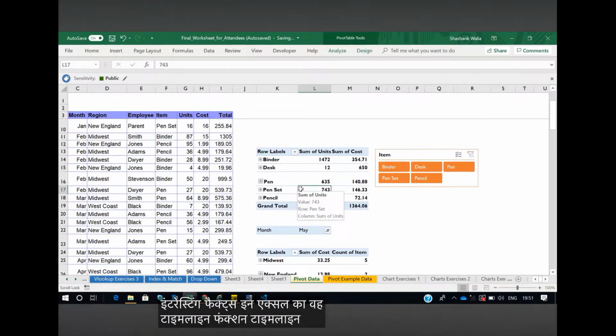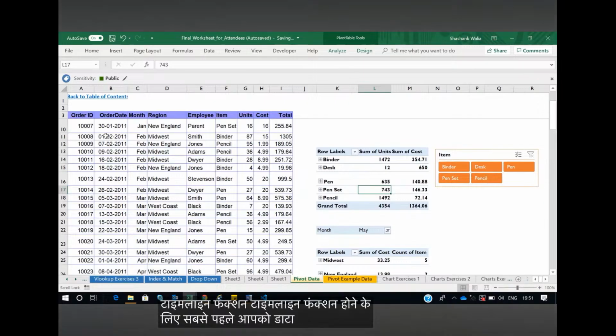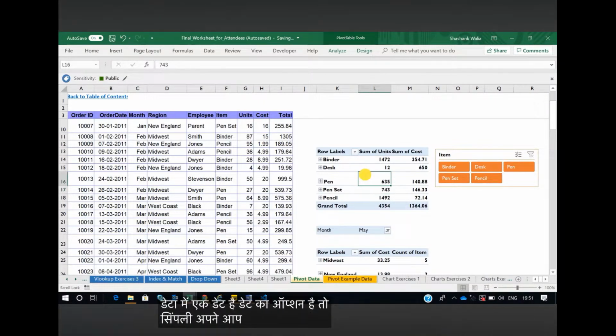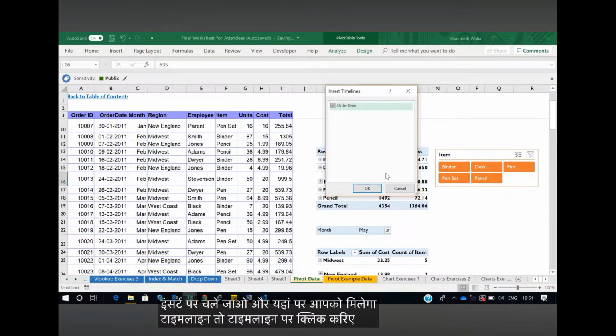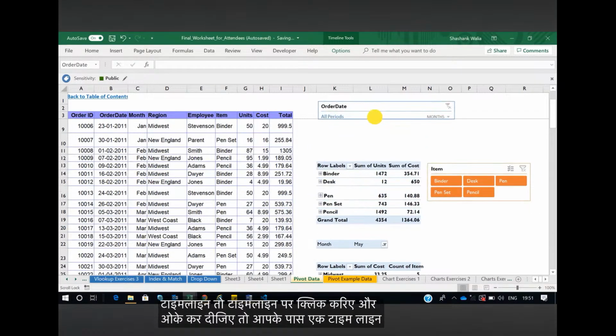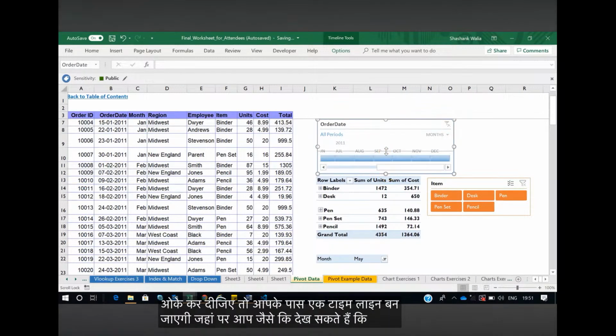अनदर जो एक इंटरेस्टिंग फंक्शन है एक्सेल का, वो है टाइमलाइन फंक्शन। तो टाइमलाइन फंक्शन के लिए सबसे पहले आपके डेटा में डेट का होना बहुत ज़रूरी है। अगर आपके डेटा में डेट नहीं है तो टाइमलाइन फंक्शन आप यूज़ नहीं कर पाओगे, राइट। तो ये तभी वैलिड है जब आपके डेटा में डेट का ऑप्शन है। तो सिंपली अपने पिवट टेबल पे क्लिक करो, इंसर्ट पे चले जाओ और यहाँ पे आपको मिलेगा टाइमलाइन। तो टाइमलाइन पे क्लिक करिए और ओके कर दीजिए, तो आपके पास एक टाइमलाइन बन जाएगी यहाँ पे, राइट।